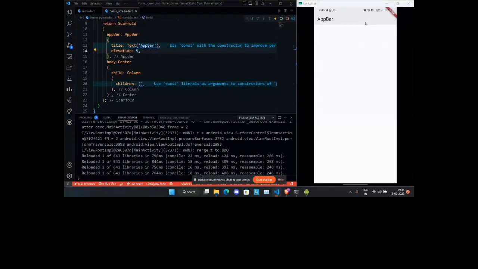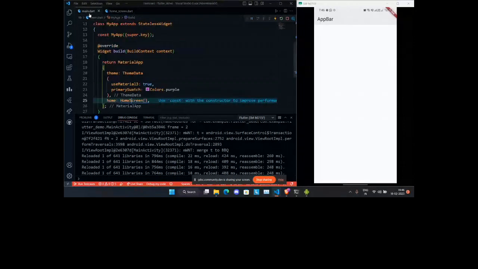Is there any question? We have another question. Orco says, if we want to make the widget non-static, will the widget not be included in the stateless widgets? I don't know if I got your question, can you read it again? Orco says that if I want to make the widgets non-static, then will the widget not be included in the stateless widgets? Yes, it won't be included in the stateless widget.